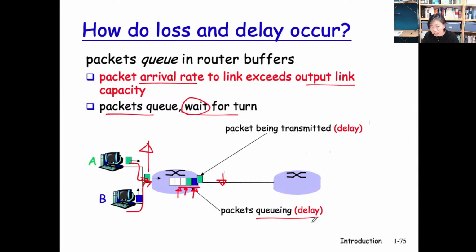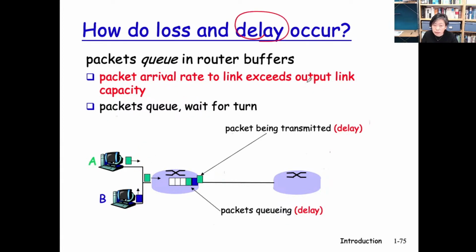Now the calculation of queuing delay is a lot more challenging than the transmission delay. It really depends on the arrival pattern before a packet comes into the queue. If that pattern is recurring and predictable, then it will be easier to calculate. Otherwise, very challenging. Now, that explains packet delays, where they might occur.